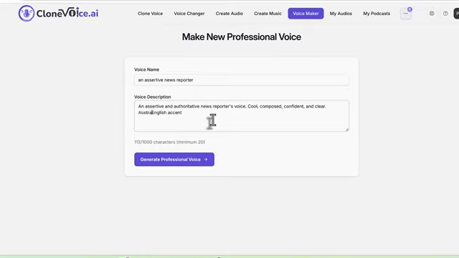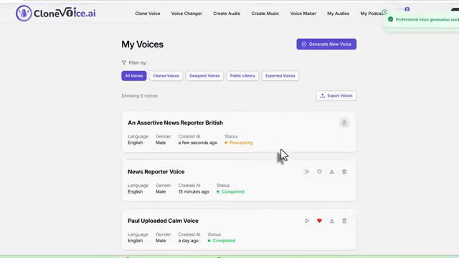Okay, you get the point, right? So you can make it Australian or British, right? You get the point. So let's say British. Okay, you get the point. And then you click on generate. So I'll just put British here, and just for my reference, click create. So it's going to take a few seconds to generate. So here's an example of one I've generated in the past. There we go. So let's just play this.